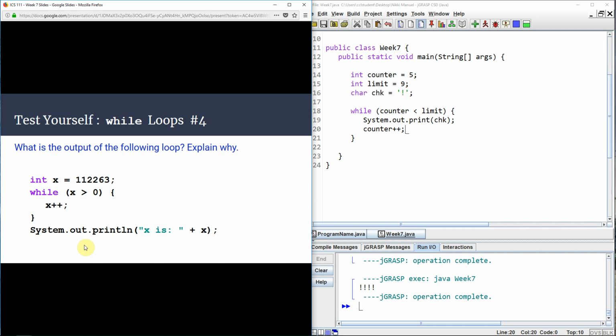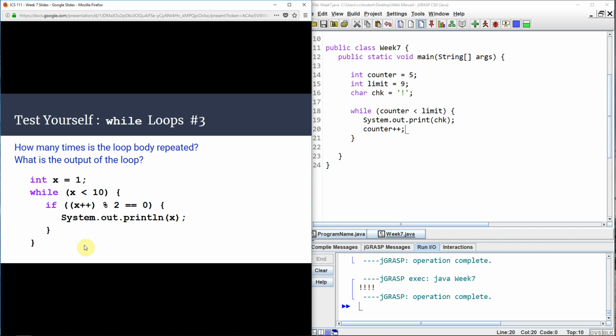Okay, so I really hope that you took my advice and paused the video. Alright, so the way to check your answers is to just plug the code into JGrasp. Please do not just look at the code and plug it into JGrasp right away. Alright, in addition, if you got it wrong, feel free to change up the code, feel free to change the numbers, okay? For example, it says while x is less than 10, well, you can change it to while x is less than 5, or x is less than 100, or whatever you'd like,